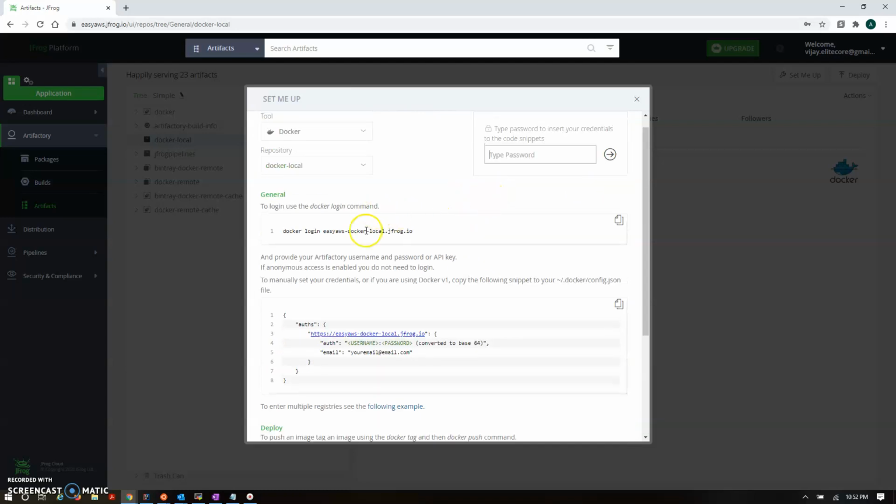So first we basically use the login portion for the Docker command. In the server where you want to push your Docker image from to the JFrog Artifactory server, first you have to set the credentials for your server. So here it will give a JSON file which you have to configure in the Docker config.json file.